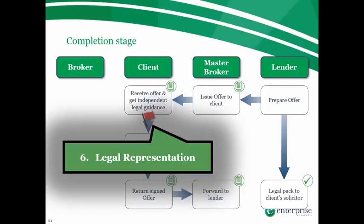Number one, they will expect to operate to timescales appropriate for a regular mortgage, where weeks can be acceptable. Bridging often needs legal work complete in days and sometimes in a matter of hours. And number two, for bridging, unlike regular mortgages, clients must get independent legal guidance to make clear that they understand the bridging loan that they are taking out. Conveyancing solicitors unfamiliar with this requirement can drop out of the process at this stage, as they are unwilling to